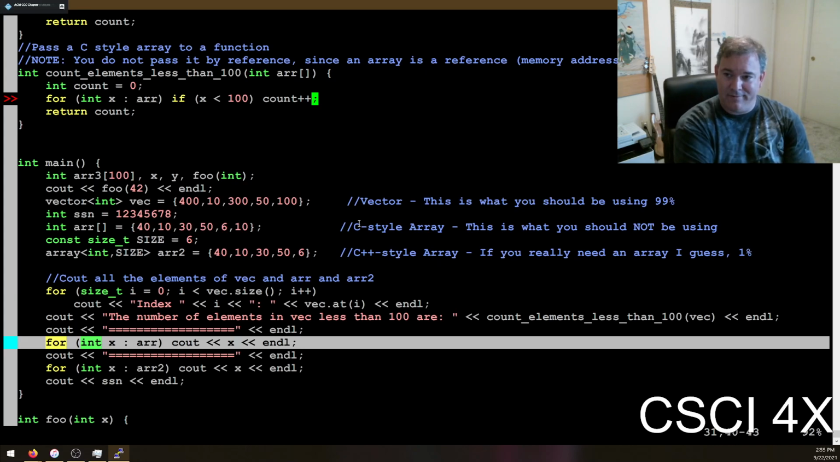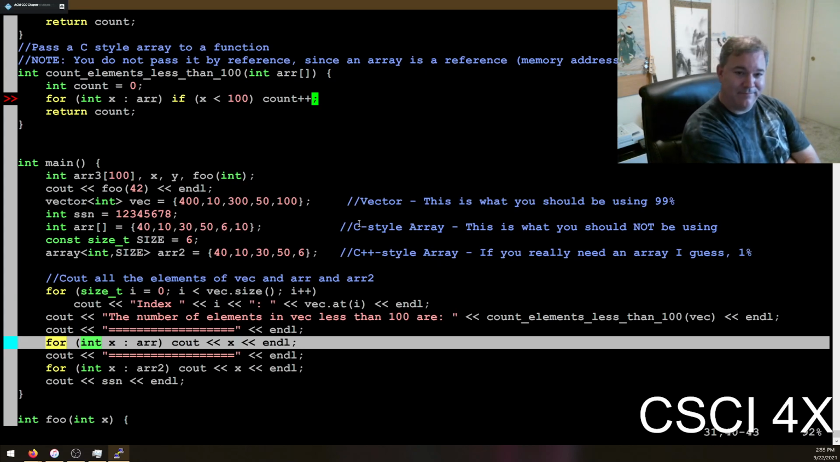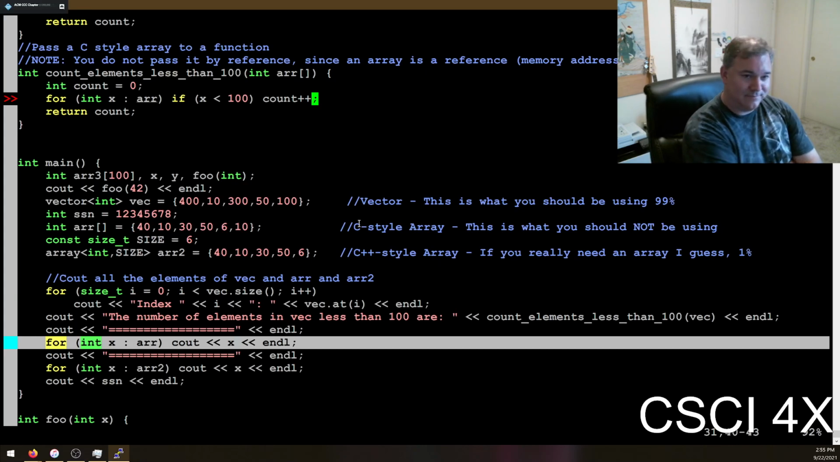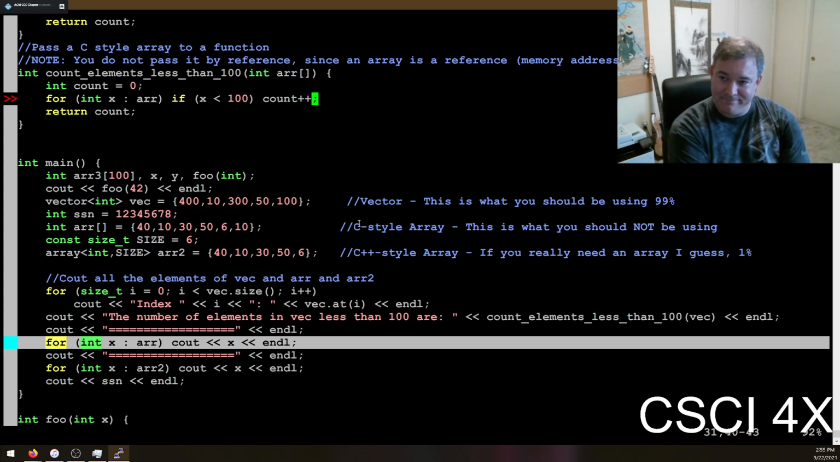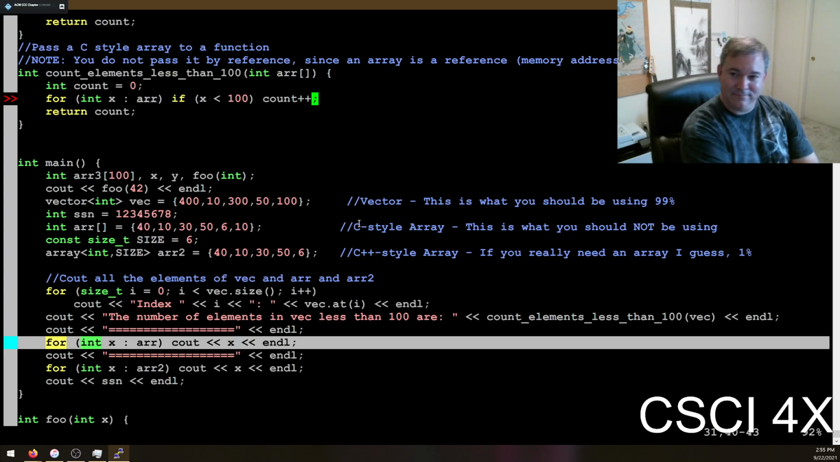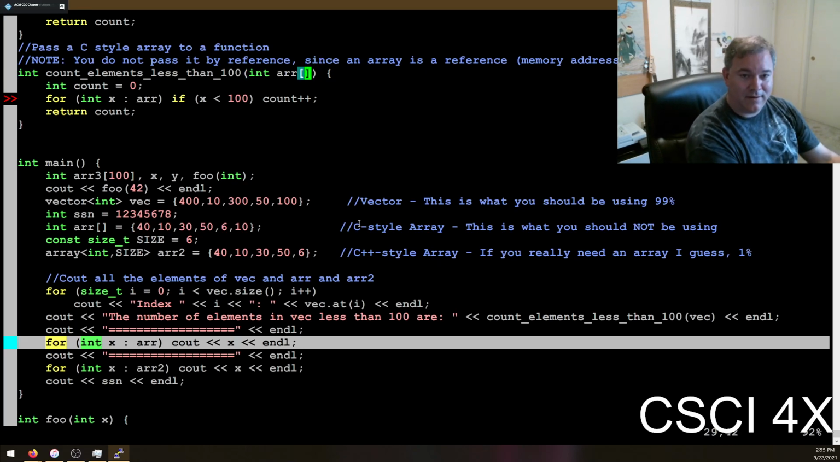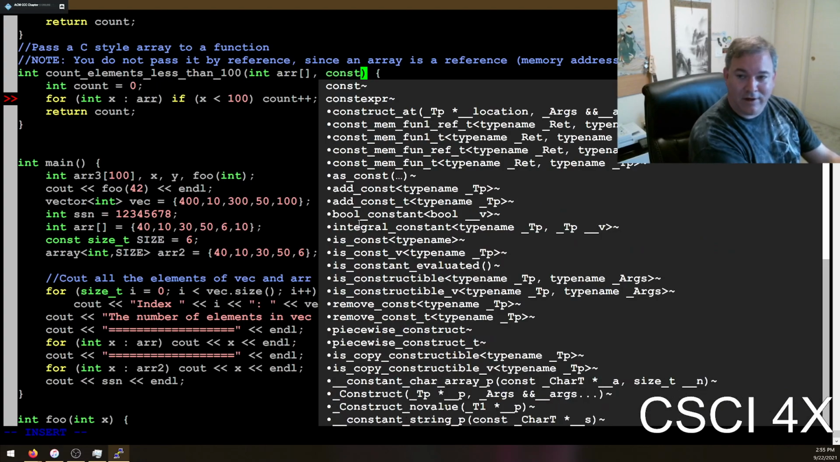Anyone remember from half an hour ago? What happens when you pass an array to a function? Anyone? Can you still tell the size of the array once you pass it to a function? Size goes poof. That is exactly right. Graduate of the computer science program here. Yeah, so